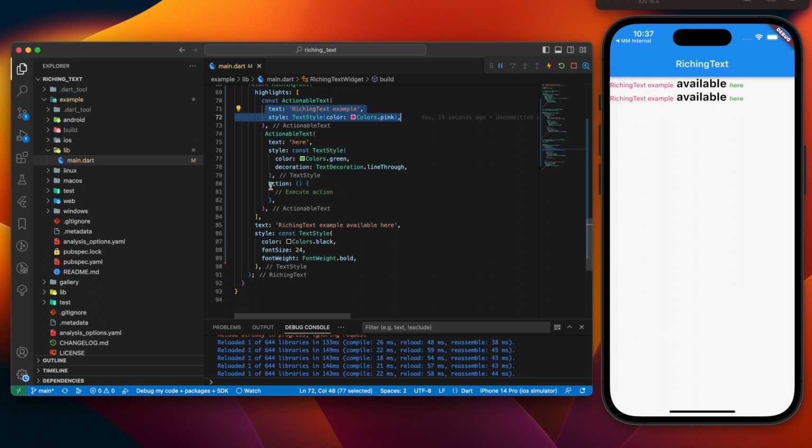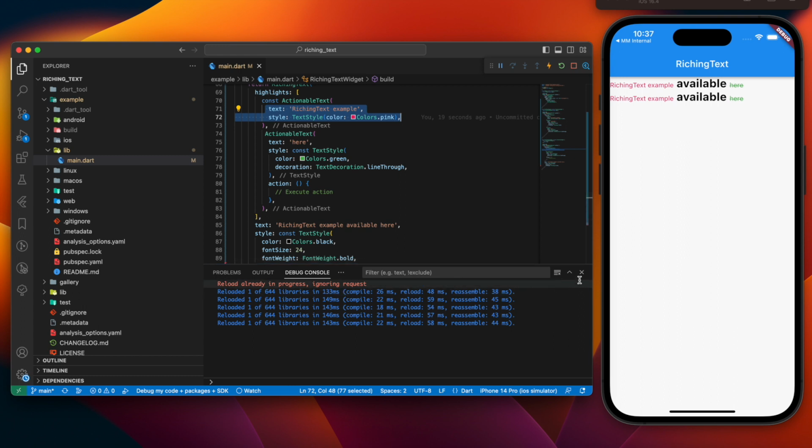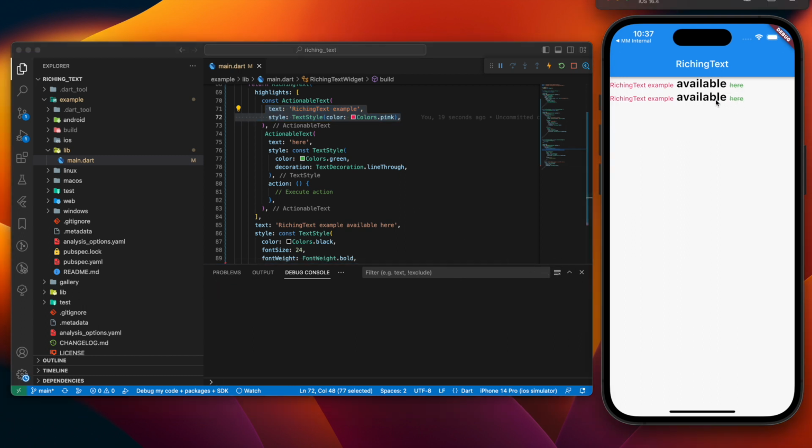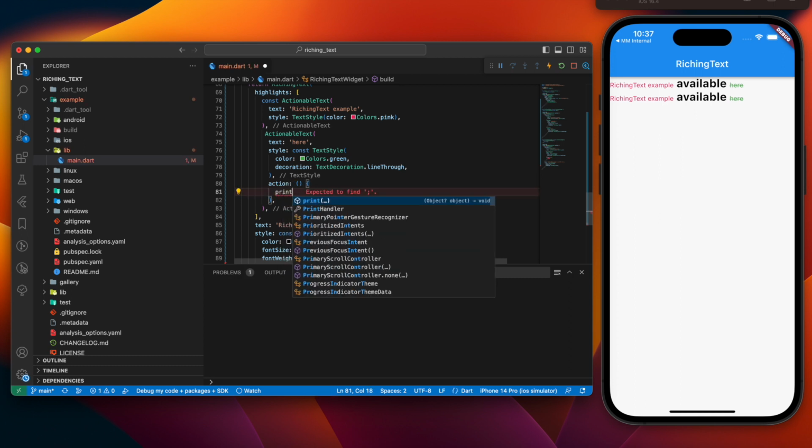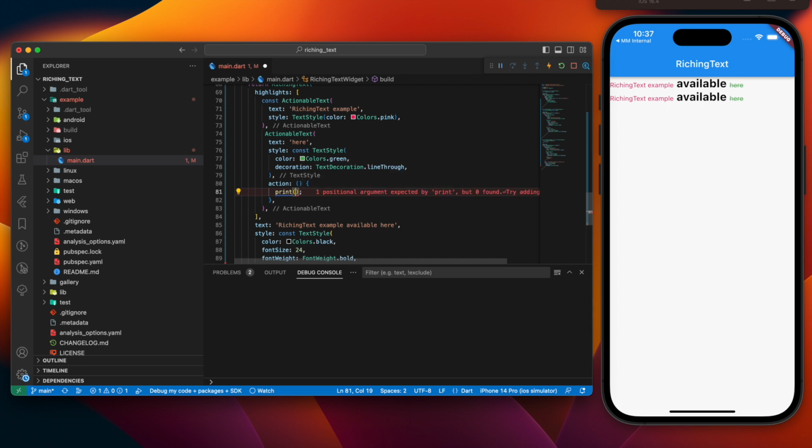As you can see, this is exactly the same as in the previous example. And now we have the opportunity, of course, to apply a callback here when we press on the phrase. Of course, if I press on this phrase, nothing happens, and you can see in the debug console output. Let me just clean this. Nothing happened because we are not providing anything here. But if I just put something, let's say print the same phrase or the same word. Let's just refresh this, and now let me clean the debug console. And now if I press on these words, nothing happens, but if I press on this one here, you can see,